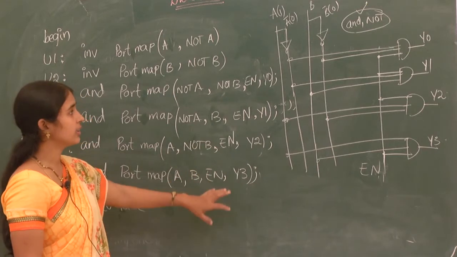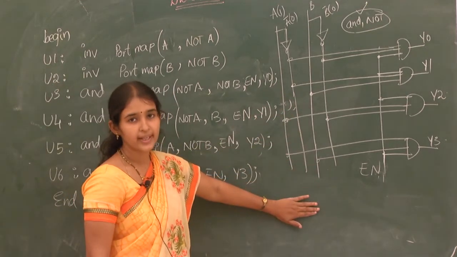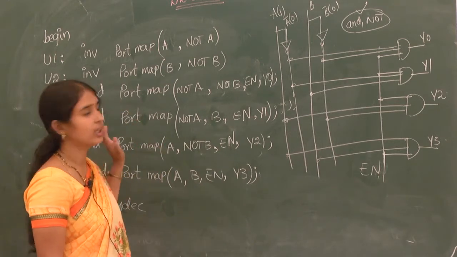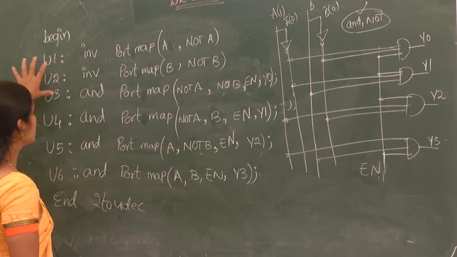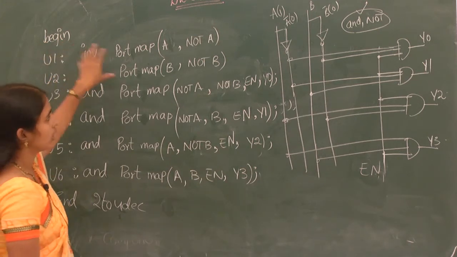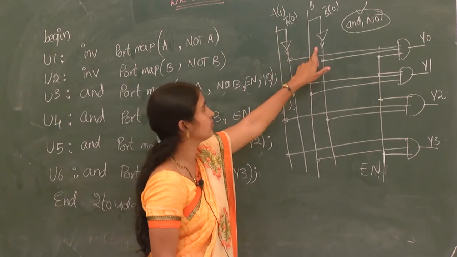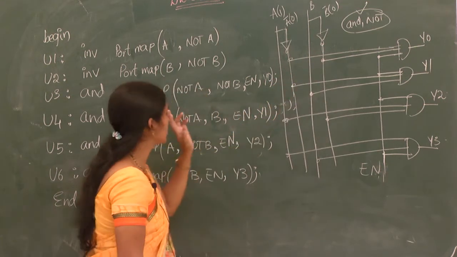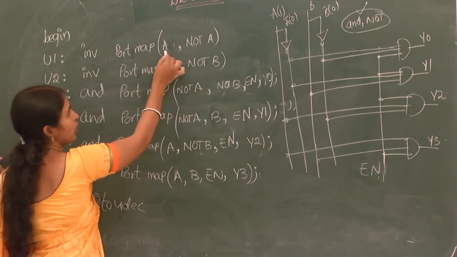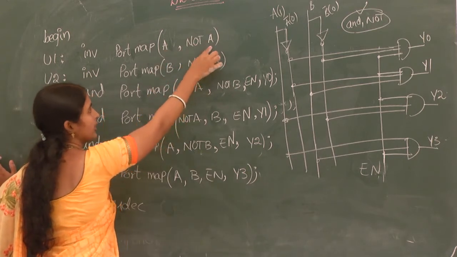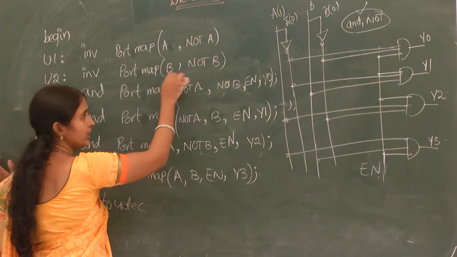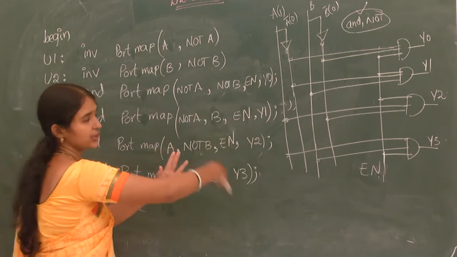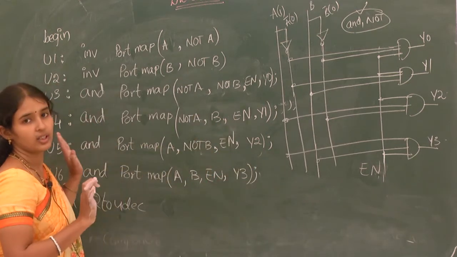See here, you have drawn this circuit diagram. From this diagram, how can you write your structural VHDL code? Coming here, begin. There are 2 inverters: it is taking A as an input and providing A bar, as well as B and not B. So inverter port map of A taking as input and providing not A, as well as inverter port map of B. This all is nothing but mapping: whatever the circuit diagram is, from that diagram you are writing it.